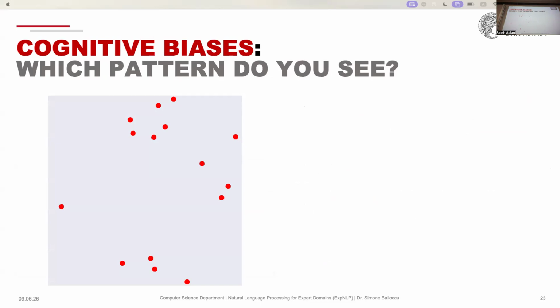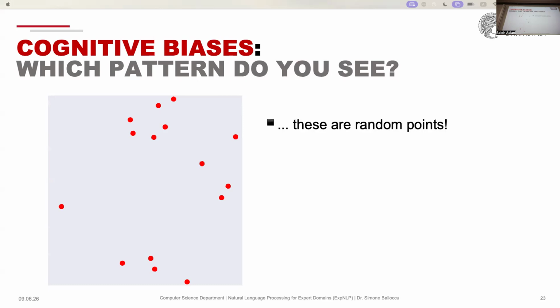So here in this image, you are seeing some dots, and do you guys see any pattern here when you look into the image? Yes. I see some kind of animal. Animal. Yeah, that's one way to look into it. Good. And someone might see some clusters, someone might see some different shapes here, but that's how we humans perceive information and data. But the reality is, these are just random points.